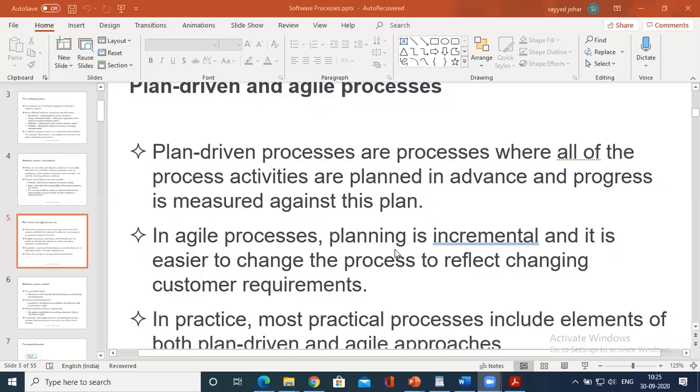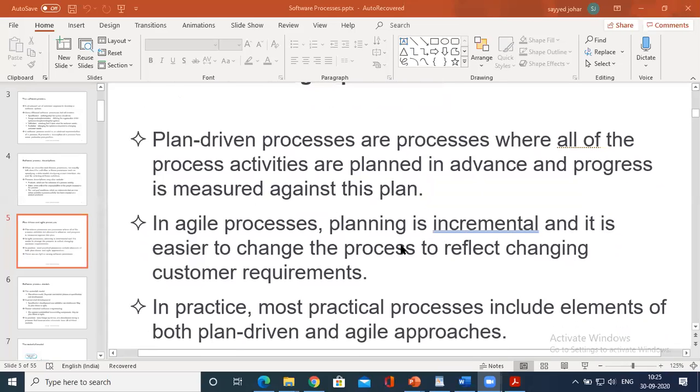Whereas in the agile process, planning is incremental. The major advantage of the agile process is that the plan could be changed in between. It is easier to change the process and the customer requirement, because you cannot stick to the same customer requirement. The customer requirement changes suddenly based on the real environment or scenario.